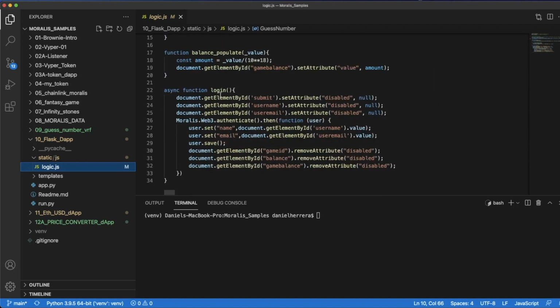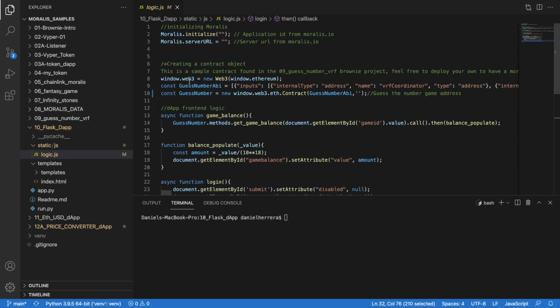We have our login function here that allows us to log in with Metamask powered by Moralis, and we are allowing people only to log in once. So we are not going to allow them to play with the input files once they have already logged in, and we are not going to allow them to play with the game and contract interaction balances unless they are logged in. For interacting with our contract, we have to have our contract first, and for that we need an ABI